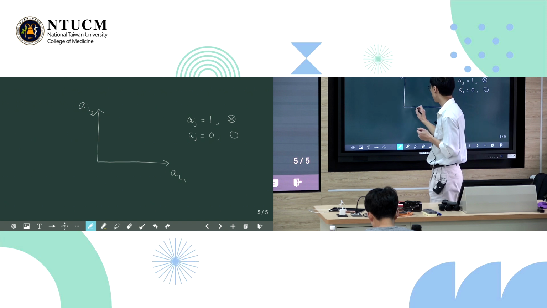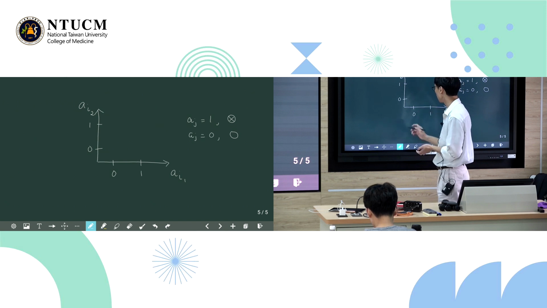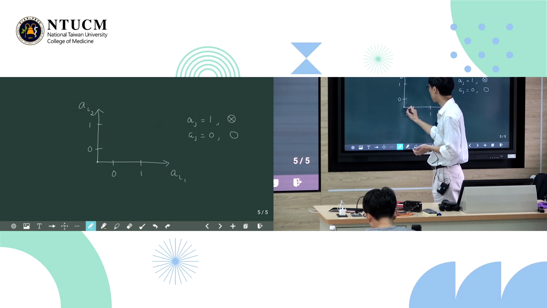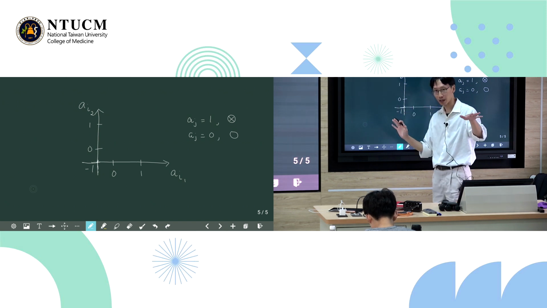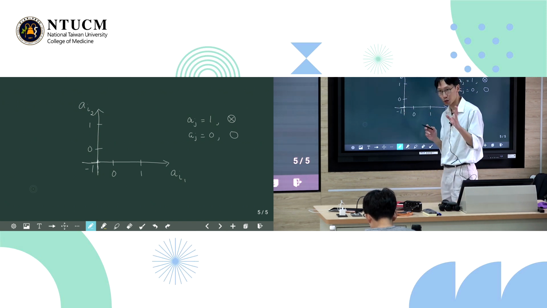Let's say this is 1, this is 0, and this is -1. I'm just shifting the scales a little bit, so it's easier to draw.